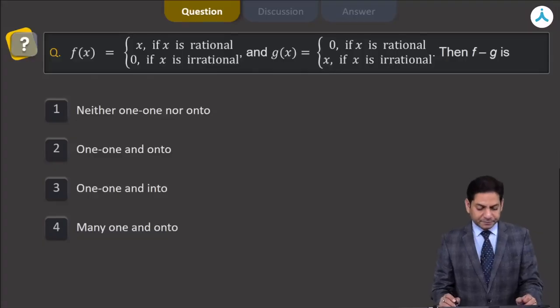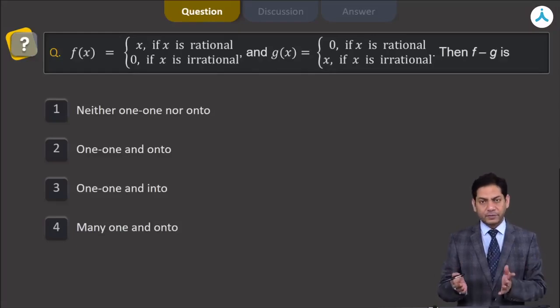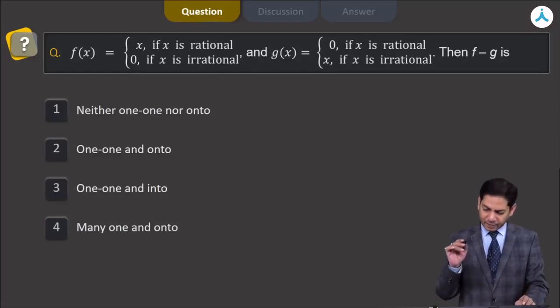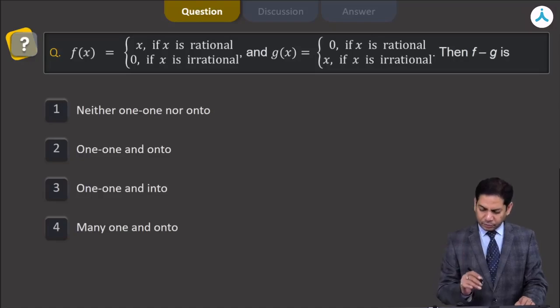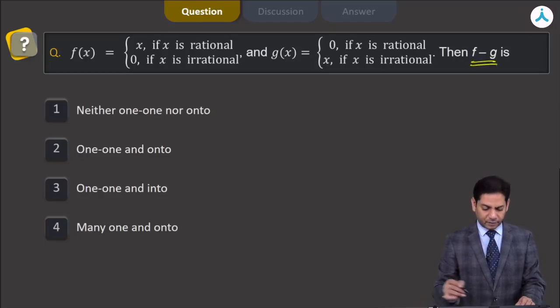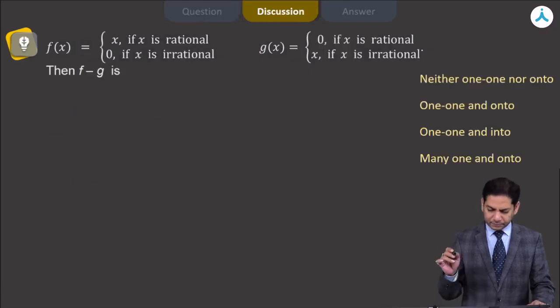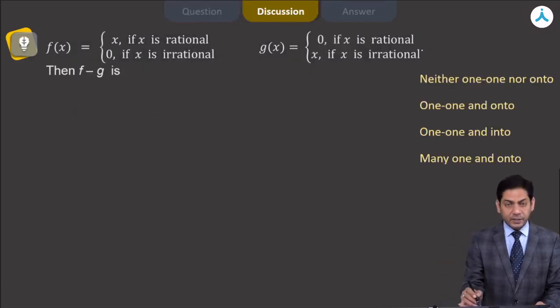Hello students, in this problem we are given two functions f of x and g of x which are defined piecewise. For different values of x they are defined in different ways, and we have to answer about the f of x minus g of x function. Which of the following statements is correct about these? So here is our f of x and this is g of x,